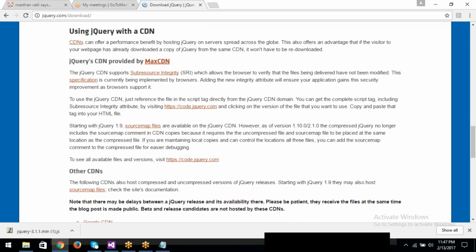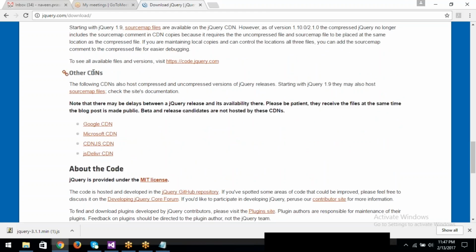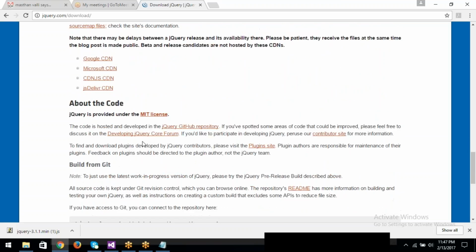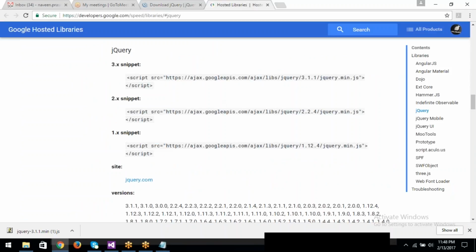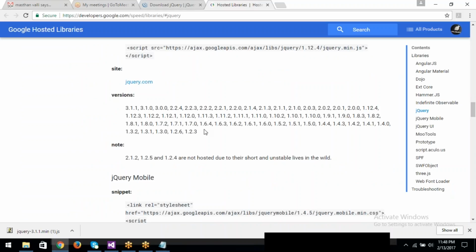you can use a CDN. CDN means content delivery network. So Google, Microsoft, CDN.js, and jsDelivr CDN, all these are providing the latest version of the jQuery hosted file. All versions of the jQuery libraries are provided,